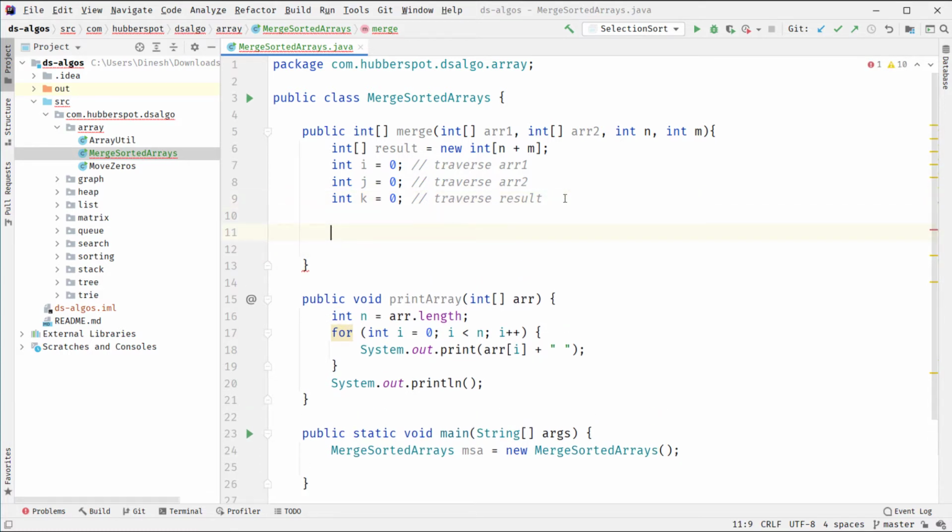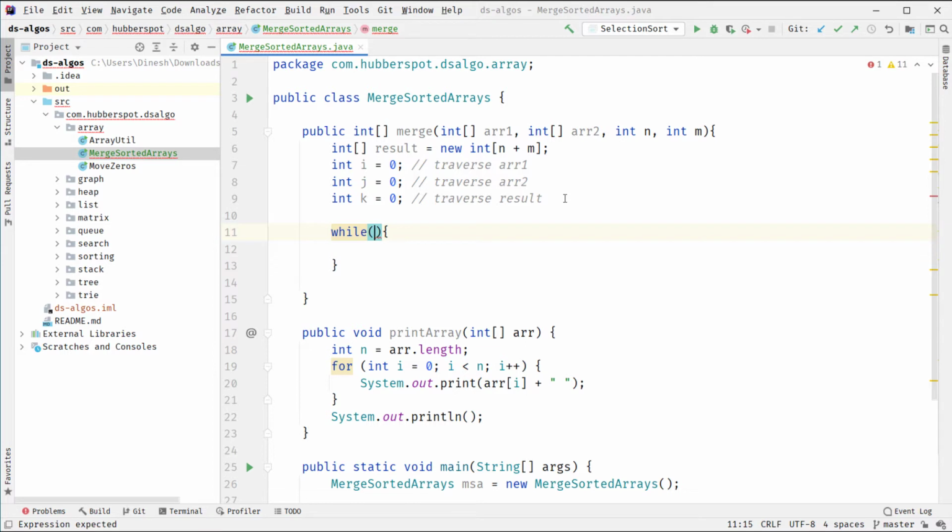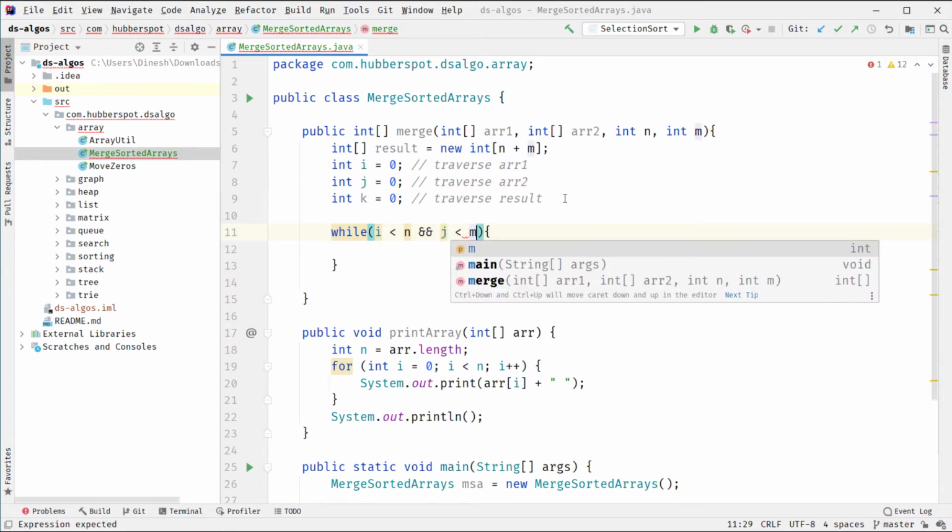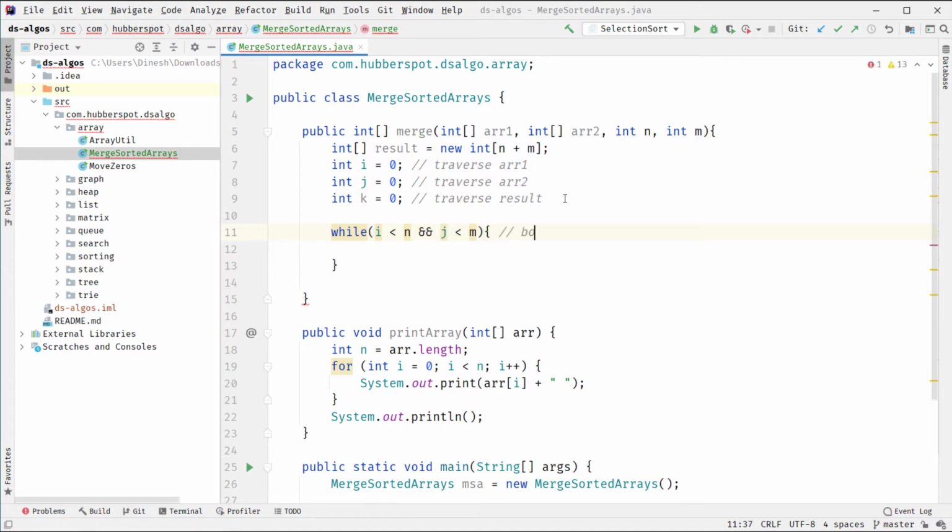So here, in order to perform that, we provide a while loop, and inside that while loop we provide two conditions. One is i should be less than n and j should be less than m. These are nothing but boundary conditions where we are simply checking whether i is within the boundaries of array 1 and j is within the boundaries of array 2.